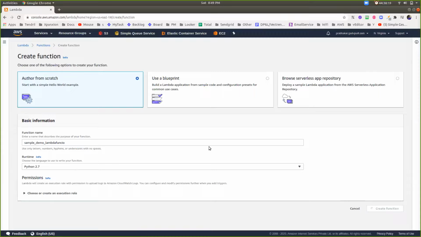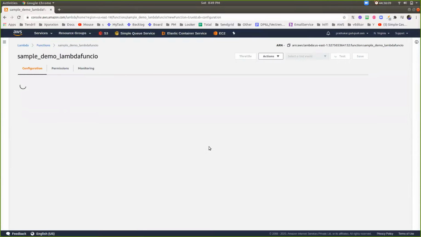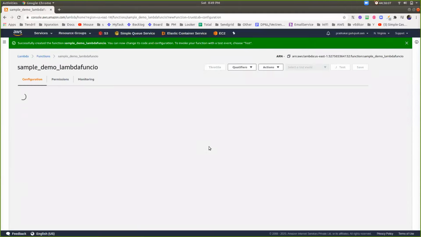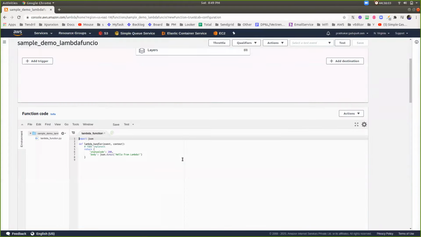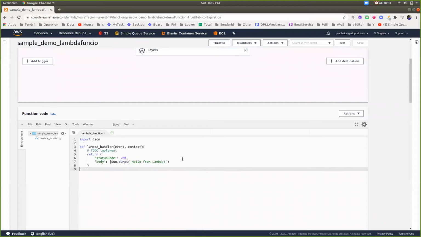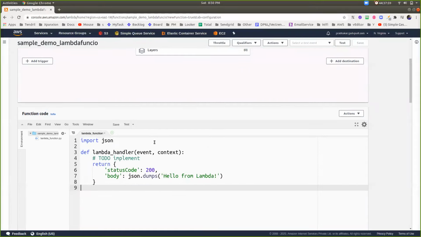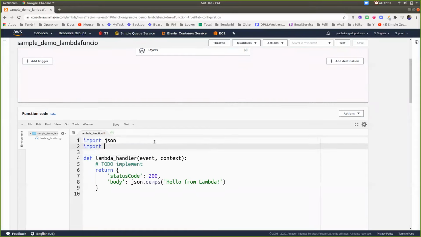After creating the Lambda function, I will use the same approach. I'm going to import a request object here. But how can we select that request object? We can pick it up from the existing layers. So here is my code. If I use import request and save the changes,